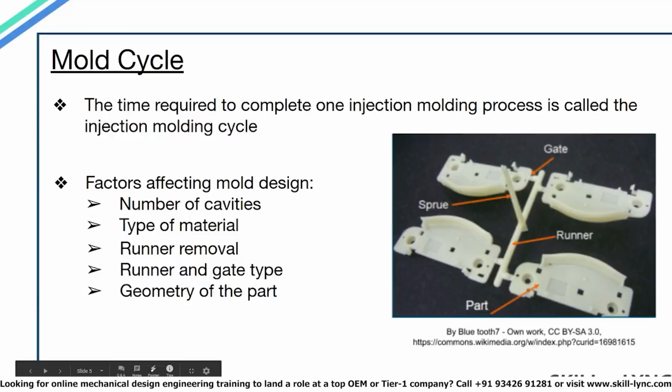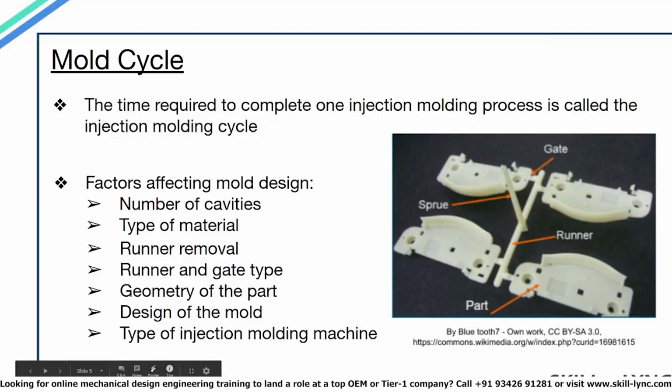Geometry. The thickness of the part manufactured will also impact the mold cycle time. If the thickness is more, then more cooling time will be required to solidify the plastic and thus more cycle time required. This refers to the design aspect of the mold or how well the mold is designed. Let's take the length of the runner channel as an example. We know that runner channels are provided for the molten material to reach the cavity. But how much should be the length of the runner channel comes into design considerations. If we provide a runner channel more than the required length, then that would increase the mold cycle time. So how good the design of mold is will also impact the mold cycle time.